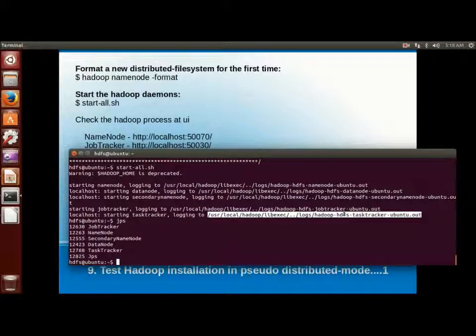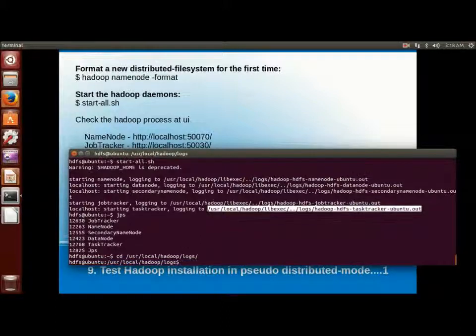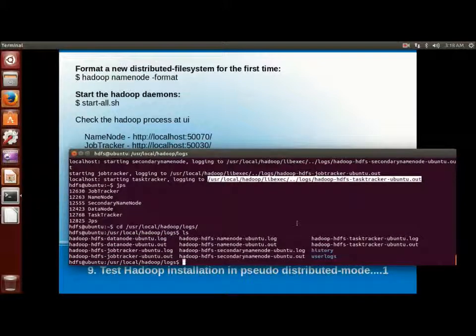The log file names contain the VM or machine username, here HDFS is our username, followed by the process name, such as job tracker or task tracker, and the system name.